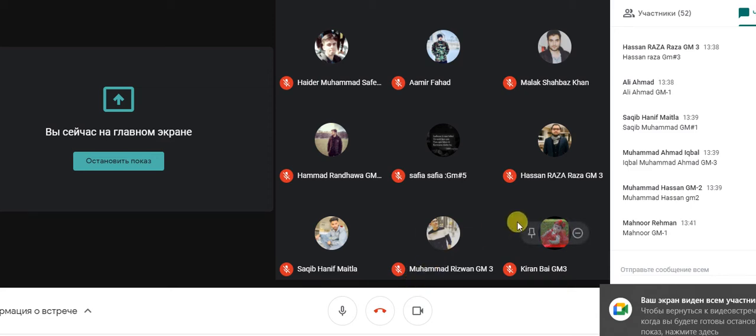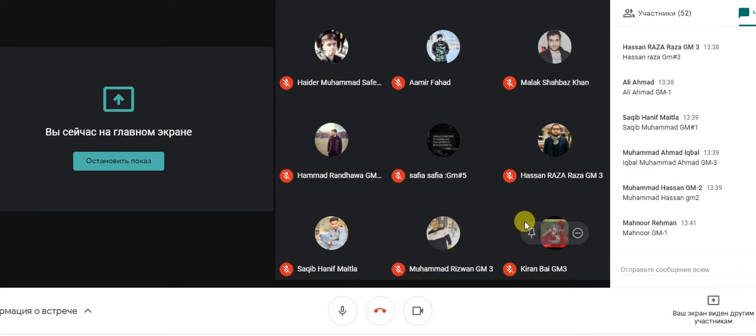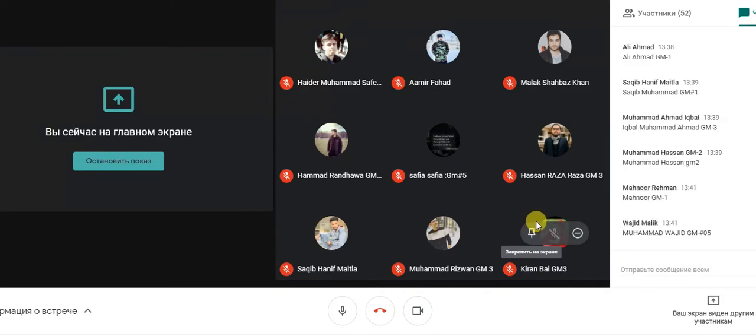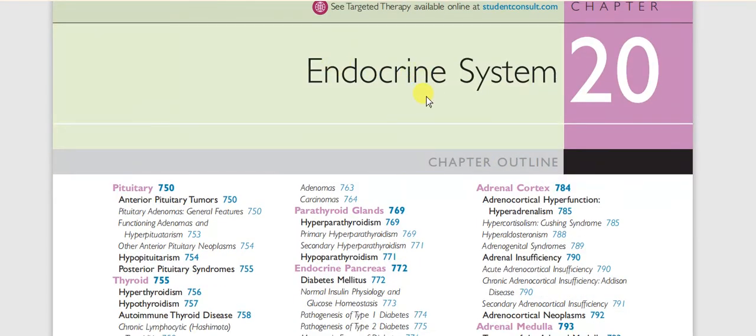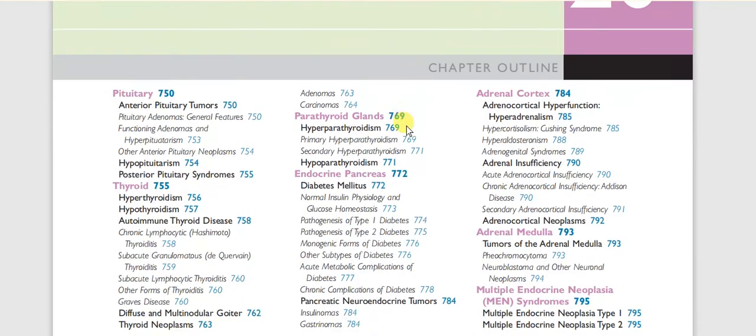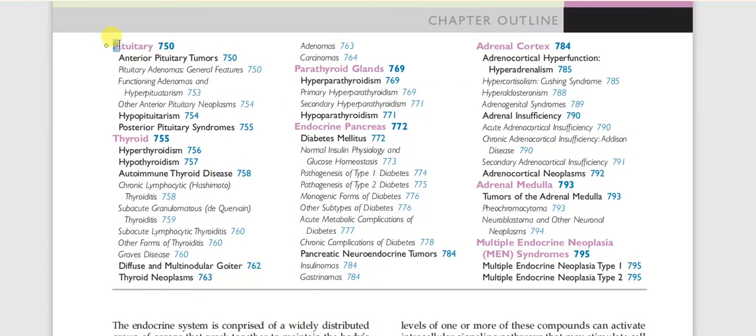Hello dear guys, we'll start our next set of lectures about the endocrine system. It will be pathological physiology, but it's mixed up with pathological anatomy as always, so it doesn't matter whether it's physiology or pathological anatomy of the endocrine system. As you already have the anatomy, physiology and histology of the endocrine system, now the following explanation will be based on it. Today we'll discuss the pituitary gland and thyroid gland pathology, and if we have time,